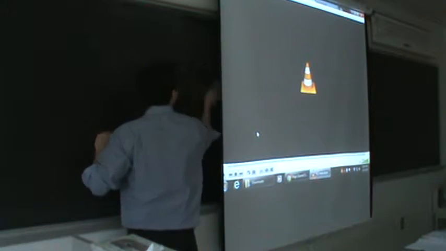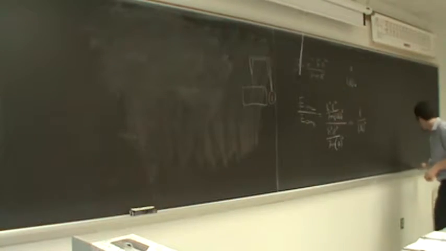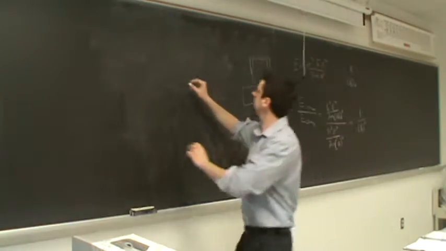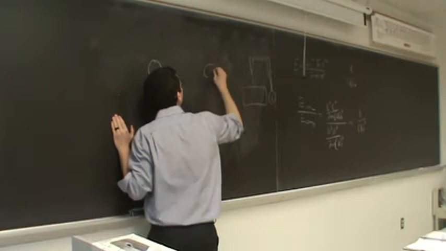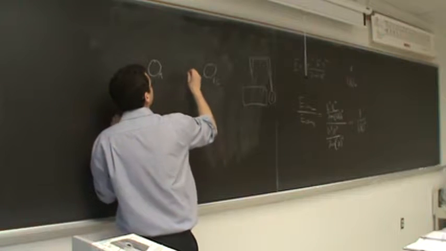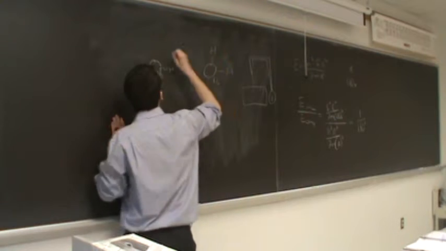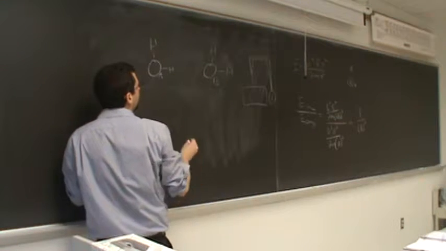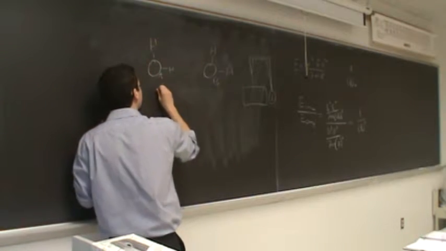So what I mean by that is, if you look at proton transfer, let's say we have oxygen A, oxygen B, hydrogen, like that. Is it that this hydrogen just goes over there